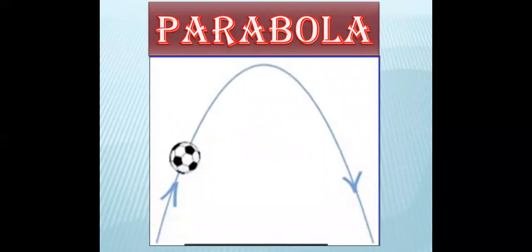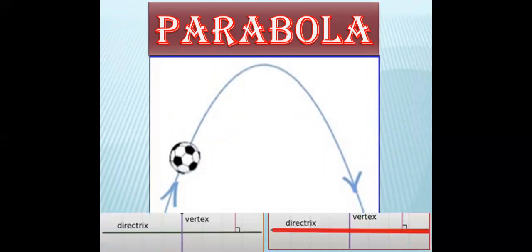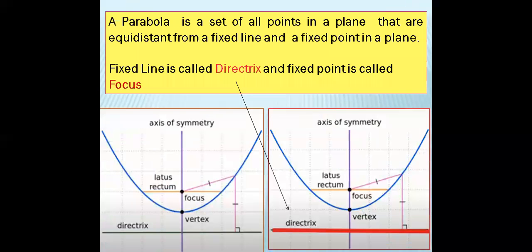Now, the next topic is parabola. When we introduce the parabola along with this picture, then a clear-cut idea is created in the minds of students. When an impression is created in the minds of students, then we introduce the definition. Here is a parabola, and there is a fixed point in the parabola that is called the focus, and there is a fixed line in the parabola which is called the directrix.